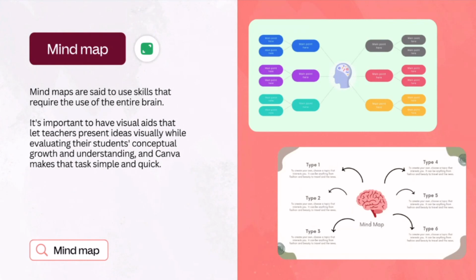Something else to consider is that you are able to upload your own things into Canva. So let's say that you have a mind mapping activity already, and maybe it's sitting in your Google Drive, your OneDrive, maybe on your desktop, and you want to bring it into Canva and into a whiteboard. You are going to be able to upload it, and not only that, you're going to be able to change the font and the colors and add in new elements, take elements away. It is going to make those uploads completely editable, which is beautiful,